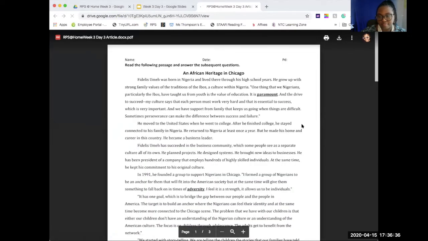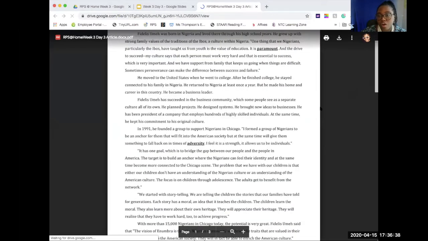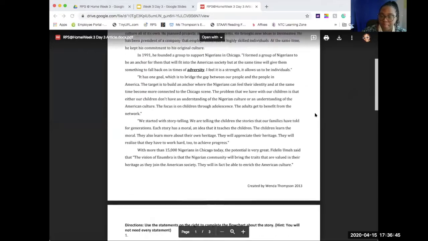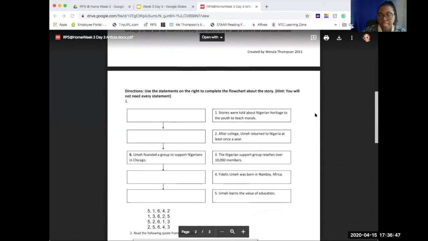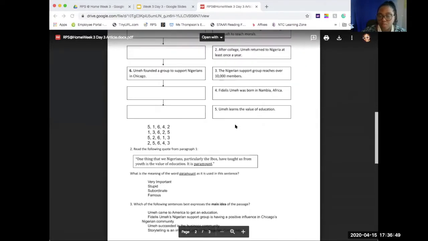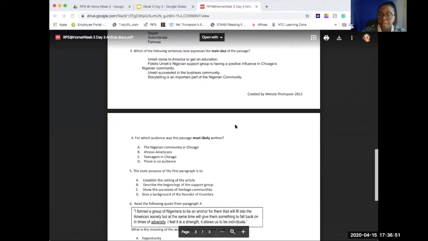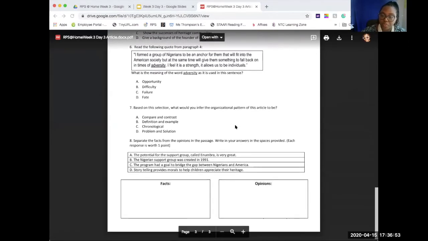You'll see the entire article already up. So if you wanted to print this at home and actually highlight or underline or circle your transitional words or phrases, you absolutely can, okay? And then you'll see the actual questions as we go down. I'm gonna go back and review some of these questions with you just so you guys understand and know what we're working on. And then I'll show you how you can check your answers, okay?